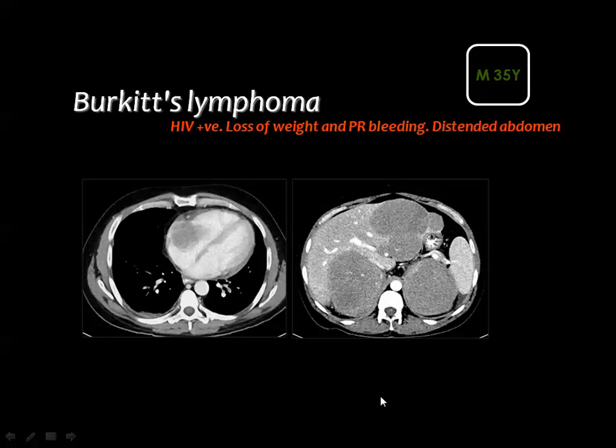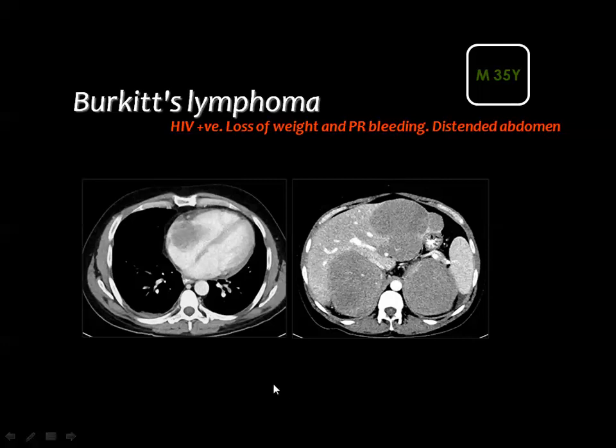And this is a case of Burkitt lymphoma in a 35-year-old male who is HIV positive, presenting with loss of weight and rectal bleeding with a distended abdomen. The section in the chest showed a mass in the right atrium and some pericardial thickening and minimal pleural thickening as well. Lower down, you see a bulky lesion in the left hepatic lobe and two other lesions